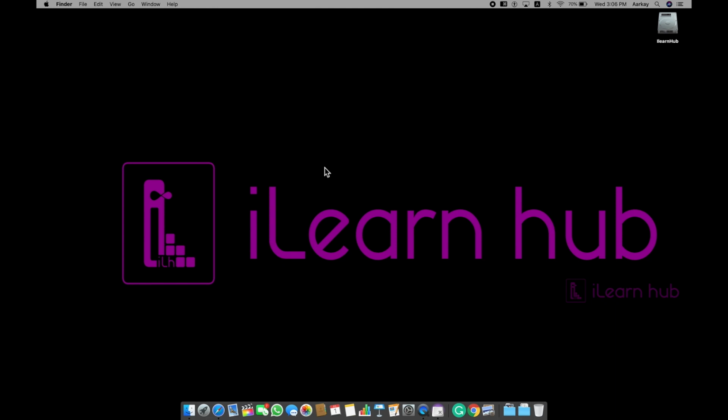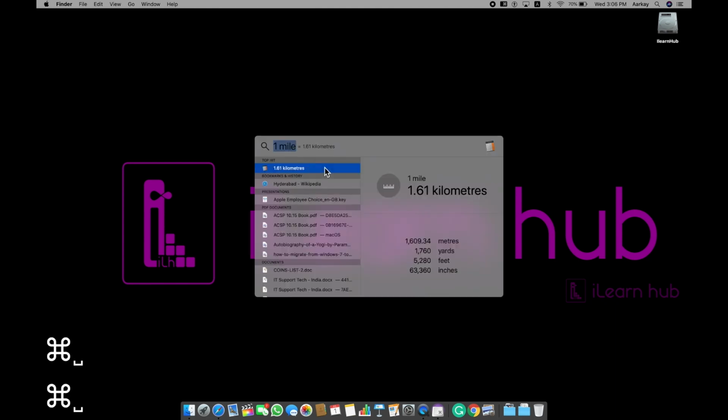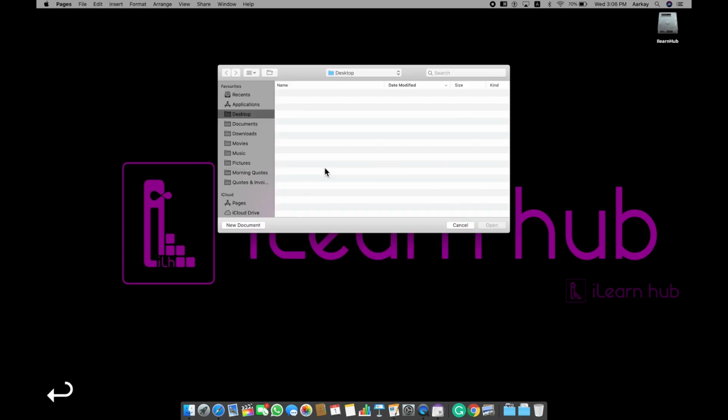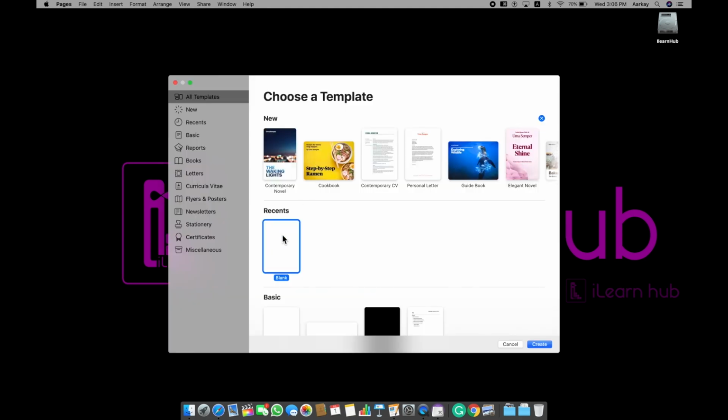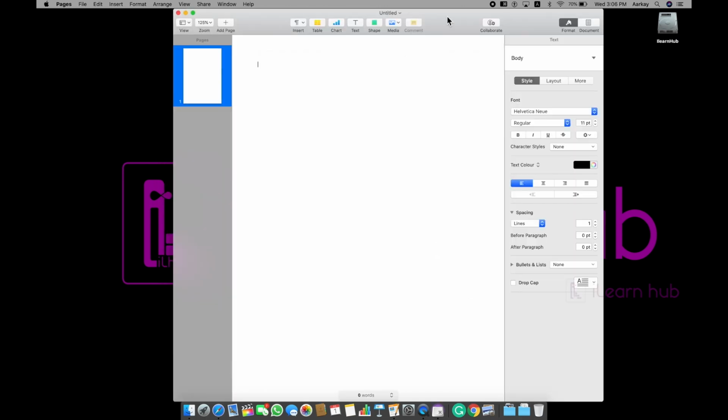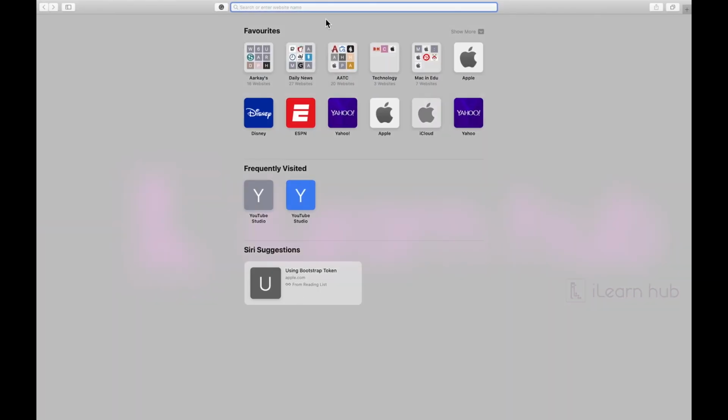Apart from that, now let me show you a super feature. As I said already, Spotlight can be used to launch any application. Let me open Pages, and let me click on new document. Pages is an application equivalent to, or maybe much better than, Microsoft Word, but it comes with the Mac operating system free of cost. This is an untitled file by default, which I'm not going to save. I'm not going deeper into Pages because I'll come to it in later parts. Right now I just want to open Pages and type something.